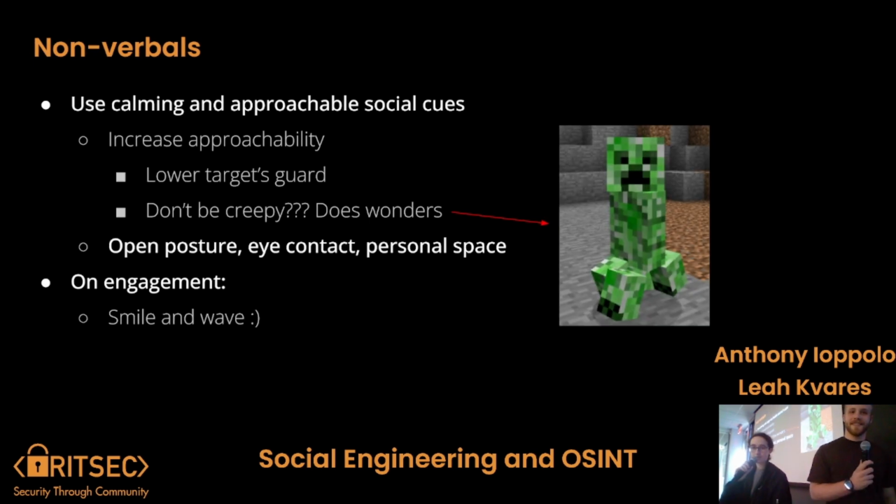This kind of goes with the slower rate of speech, just the way you hold yourself. If you're not supposed to be somewhere and you're cowering in a corner, you're going to get caught much faster than if you're confident and you just walk in there like you belong. Yeah, increase your approachability. I said all this. Don't be a creeper. Don't be creepy. And the other thing, this is just like public speaking, just advice on how to be a confident person. Honestly, open posture, eye contact. Don't be like, yo, you want to unlock the door for me, bro?